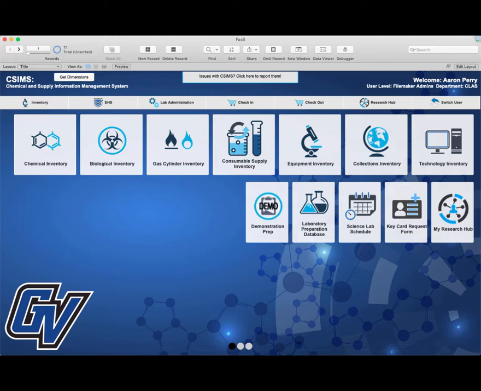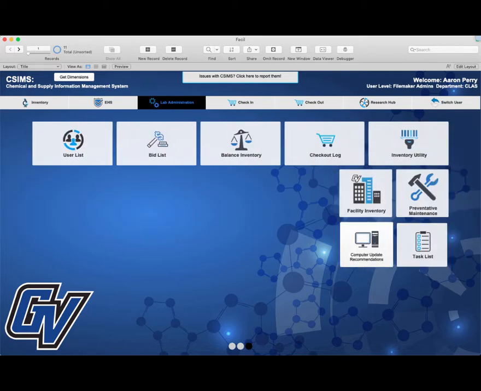This tutorial is going to talk about the lab placard. So it's the safety sign in our laboratories that lists hazard information, protective equipment, and physical hazards in the room. To get to this portion, to this utility in the system, you're going to click on Lab Administration and then